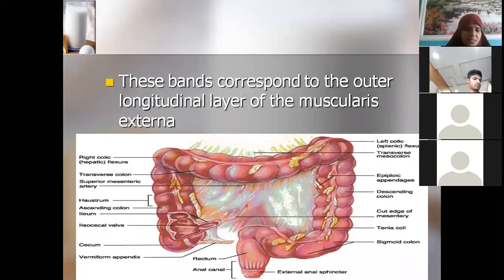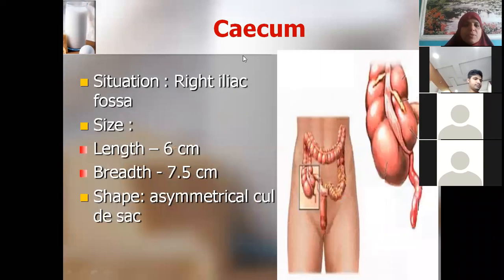The points which I have discussed, I am skipping now. So here we start with the cecum. I told you cecum and appendix together we generally get as essay questions. So where is the cecum situated? How many regions do we have in the abdomen? Nine regions. In the nine regions, what is the name of the area where the cecum is placed? Right iliac fossa. So it is situated in the right iliac fossa.